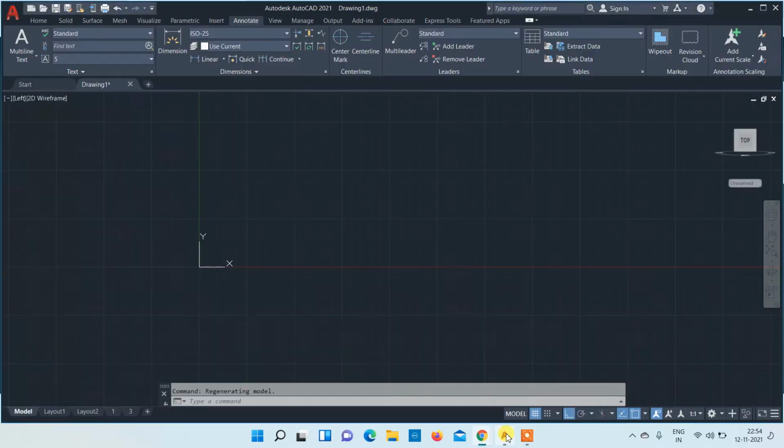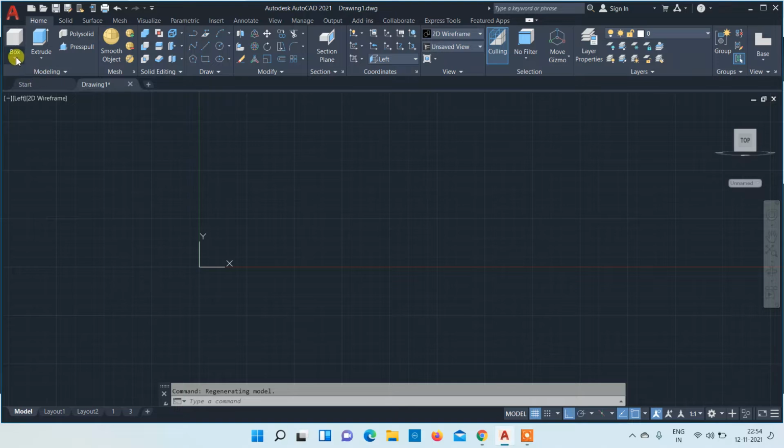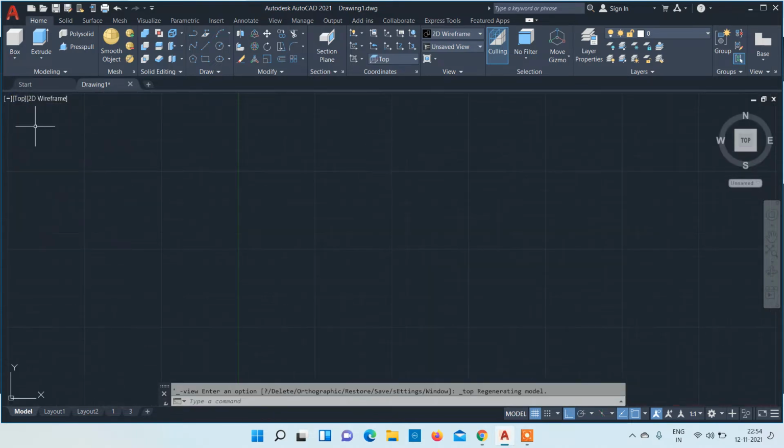I have already opened AutoCAD. Make sure that 3D modeling is enabled and set the units as well as limits. Then we have to create a hexagonal prism. First select the view as top, because as per the question only the hexagon is visible from the top view. Then we construct the hexagon using the polygon command. Number of sides is 6. Select edge, first endpoint and second edge point.